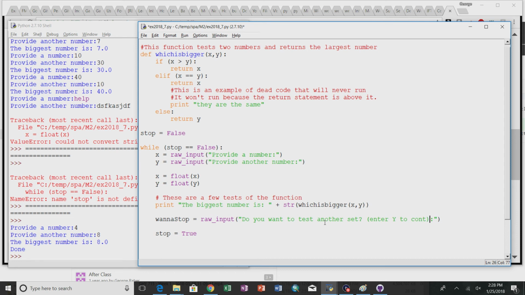So let's think of an if statement that we could put in there that would allow us to test if wanna stop was equal to Y or if it was not equal to Y. If stop equal to Y. If stop, okay, is it equal or do I need two equals? Two equals to Y,